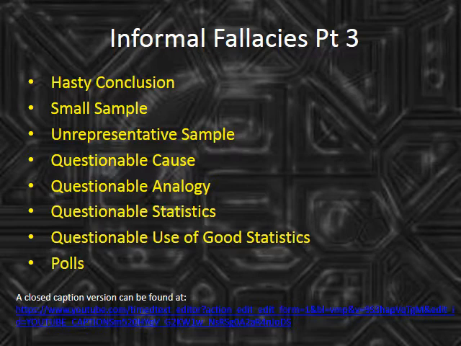Remember that some of these categories are quite broad, and some of the named fallacies are subsets of other broader categories. Last time, for example, we saw that a non sequitur was a very broad category. This time we will see that hasty conclusion is a broad category as well. In our first look at informal fallacies, we examined several appeal fallacies, such as appeal to authority, appeal to ignorance, and so on. But there are dozens, if not hundreds, of possible fallacious appeals. One could appeal to force, might makes right, or appeal to pity, or appeal to fear, many commercials do this, or appeal to anger, and so on. My point is simply that you shouldn't take the lists we have discussed to be comprehensive.